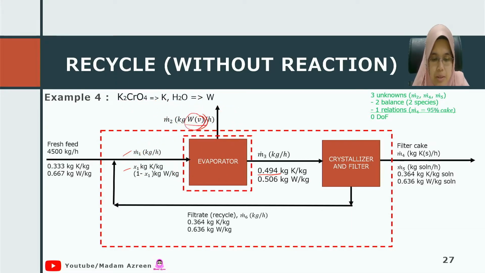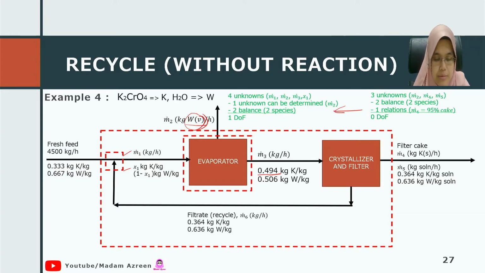Another degree of freedom analysis at the evaporator itself: you have 4 unknowns. Please fill in your lecture note. Then you have only one unknown, which can be determined from this to this. You are left with 1 degree of freedom. How about at the mixing point? Same, you have 1 degree of freedom. You have 3 unknowns, but you can only do 2 species balances, so you are left with 1 degree of freedom. And then at the crystallizer itself,